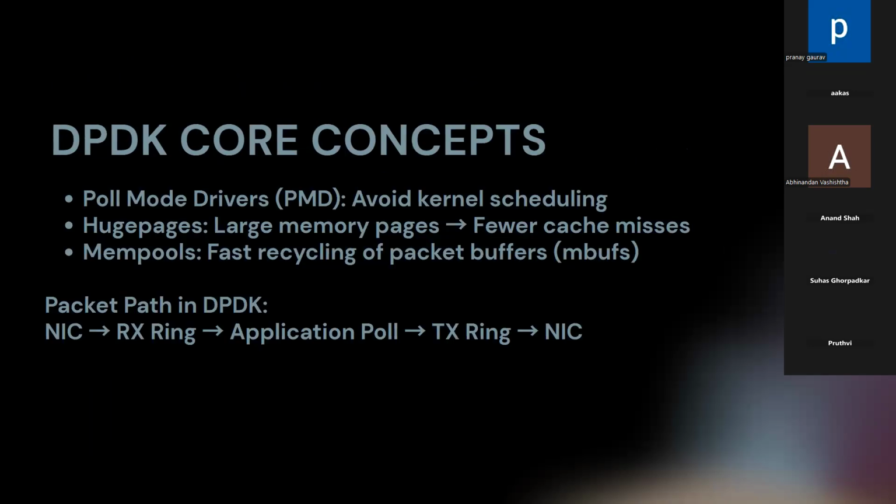Okay. So the core concepts for DPDK is poll mode drivers. For example, we communicate directly with the drivers of the network card, and we avoid kernel scheduling and any kind of things. And we use memory pages, so we allocate big buffers in the cache, so that if suddenly you have to send 10 orders, you can send them right away. But if the buffer size is short, or if the memory that our application has allocated in the cache,